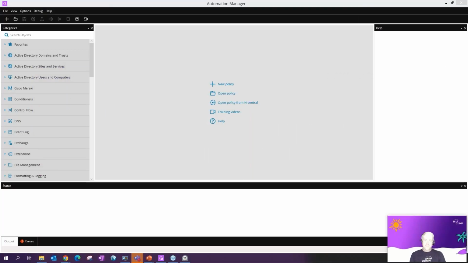Automation is so powerful. We talk about automation, and by automation, we could simply mean deploying a probe and configuring an auto deployment of our agents. That is automation. When I think about automation, my eye is drawn to Automation Manager and automating tasks that I find myself doing repetitively.